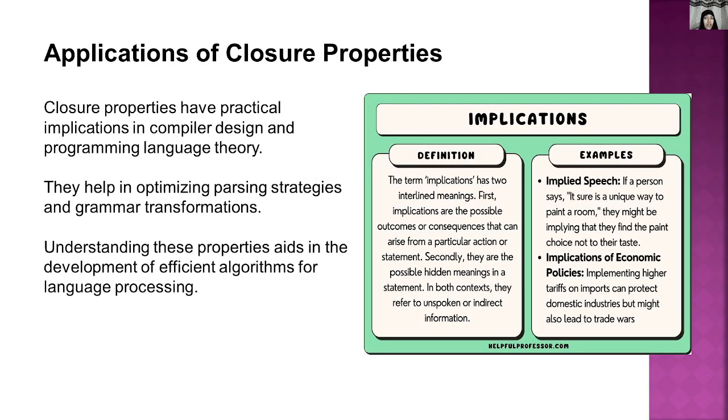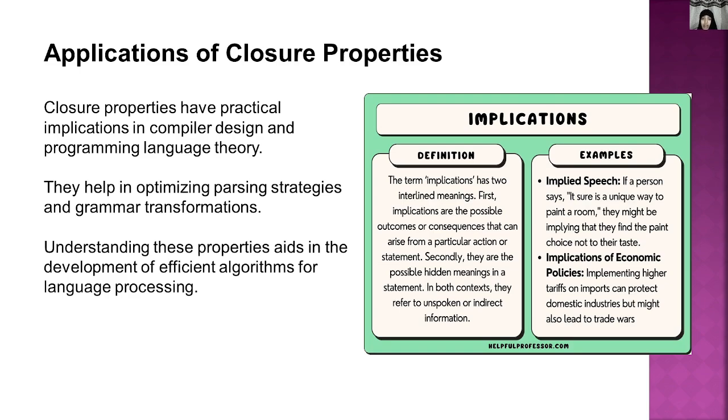Now let me talk about the applications of closure properties. Closure properties have practical implications in compiler design and programming language theory. They help in optimizing parsing strategies and grammar transformations. Understanding these properties aids in the development of efficient algorithms for language processing. So the